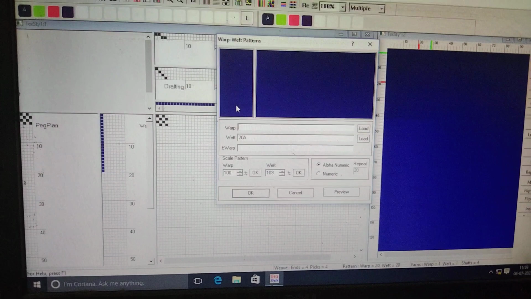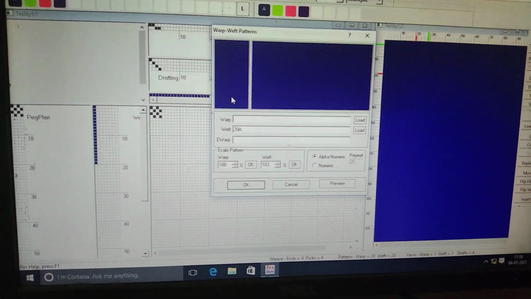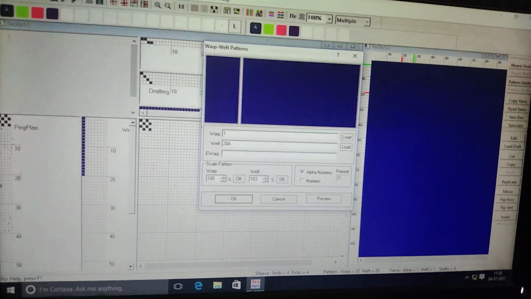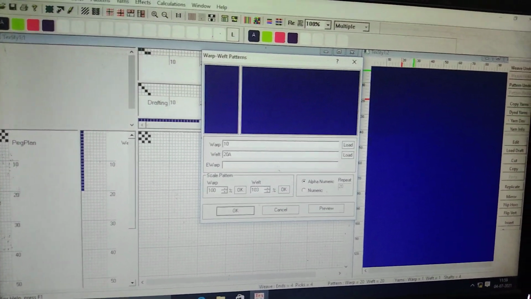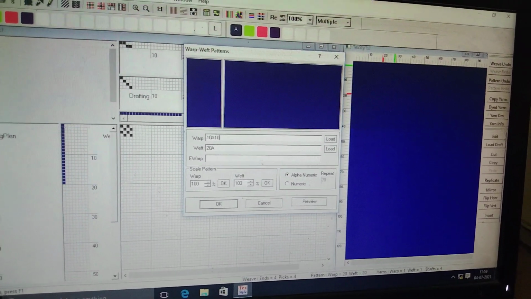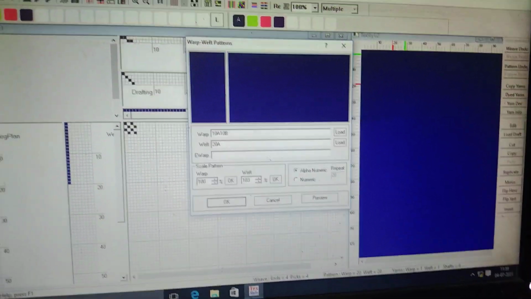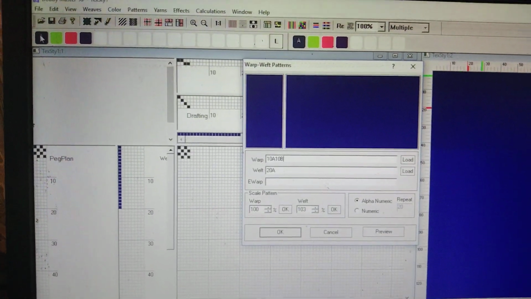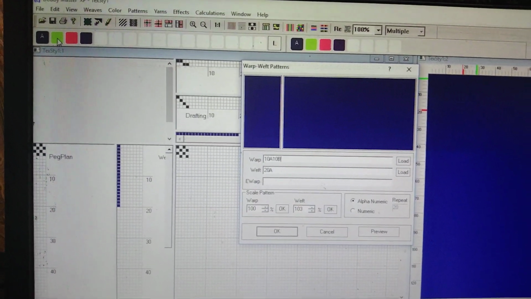If we want identical checks, 10A, 10B. Here 10A 10B means A is the first color and B is the second color.